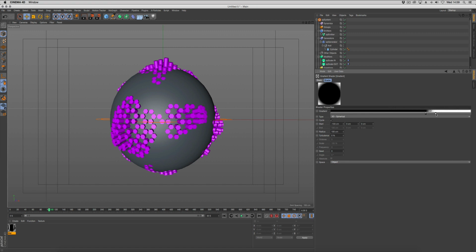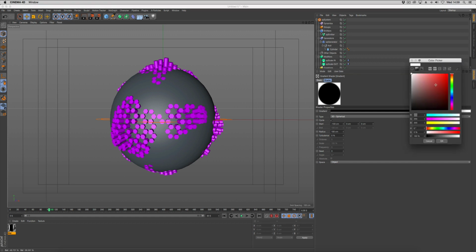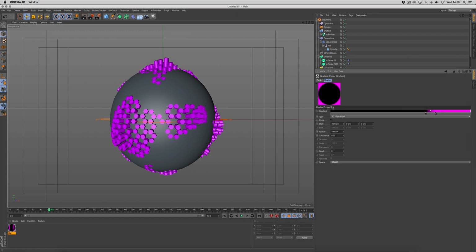points like so, and we want to give it a color, so let's make this one a pink or whatever color you want, and we'll leave the black. I'm going to change the start position to 0, and we're going to change the radius to about 200%, and what we're doing is creating basically a fall off with the radius. I'm going to change the space from object to world, and we can drop this on the particles